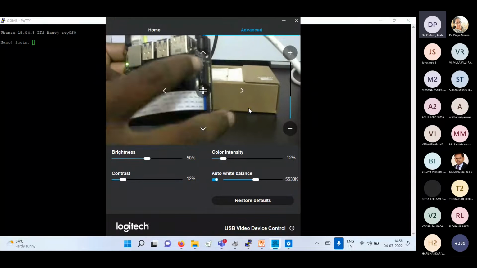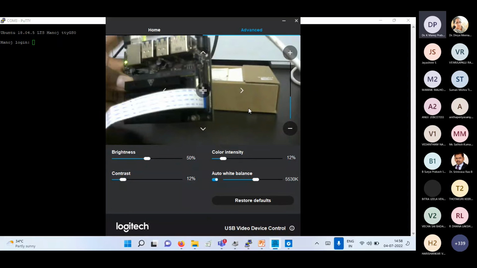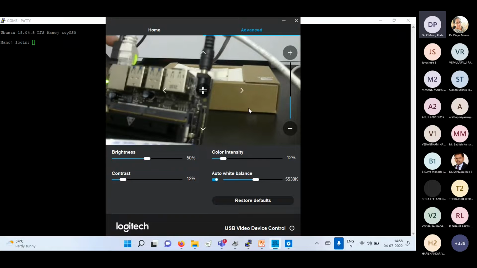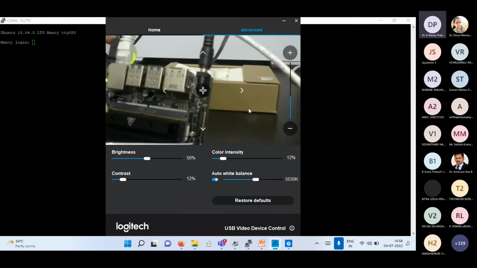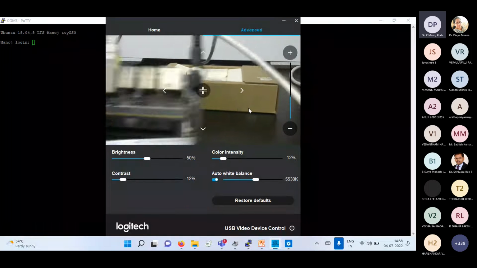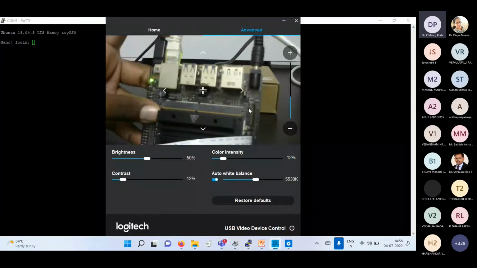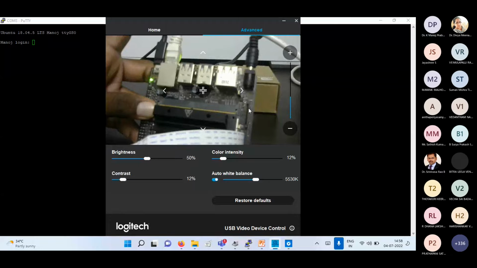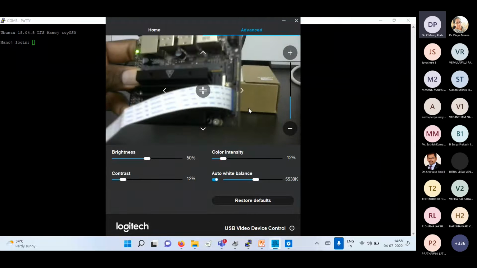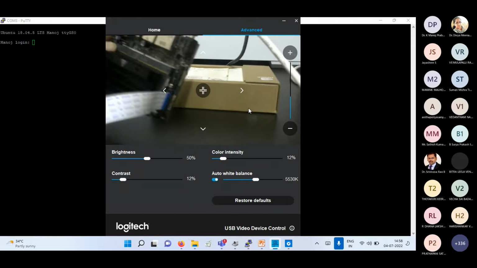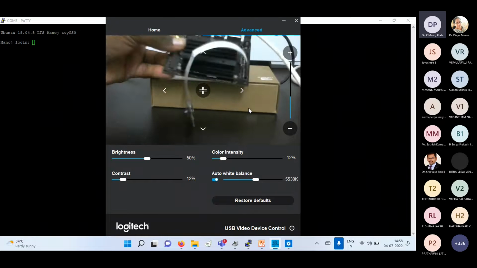One more USB cable is connected to my computer to make the PuTTY connection for the deep learning implementation, and one more cable is connected for the LAN connection and power supply. So this is the hardware part of this demo that I'm placing here.